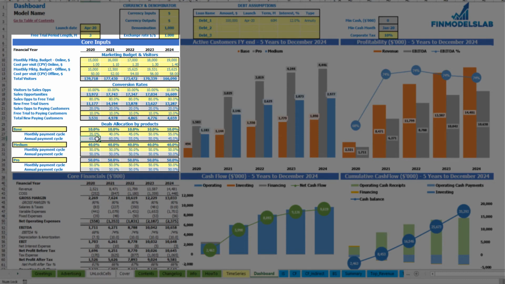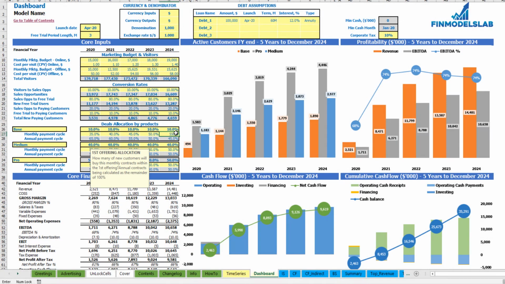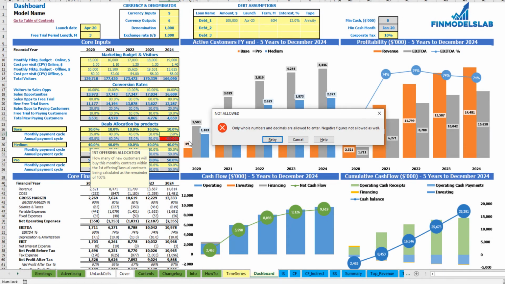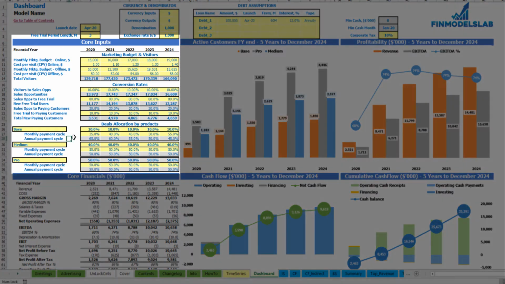The annual payment cycle is 100% minus your monthly payment cycle. If you input something wrong, like I just did, for example, 550%, it will show you that it's not correct. You shouldn't input more than 100%, and it will show the red color here, which means that something is wrong here. If you input everything correctly, this is in gray color, and the same logic applies for Medium and Enterprise,